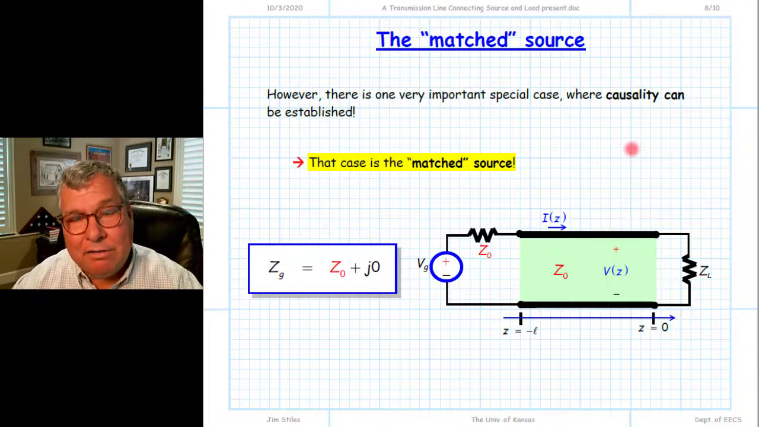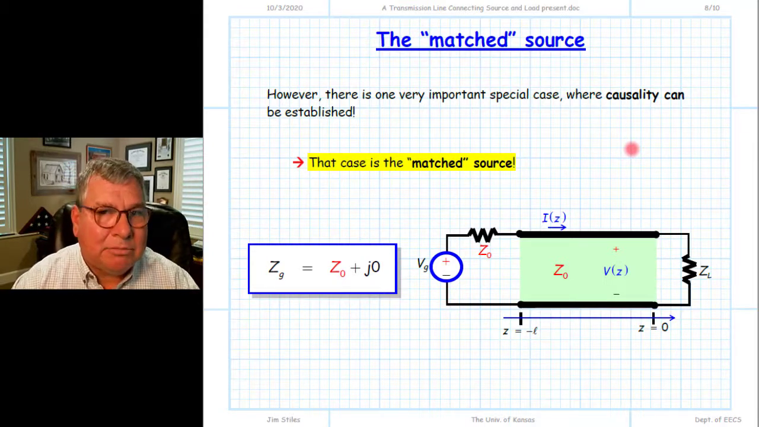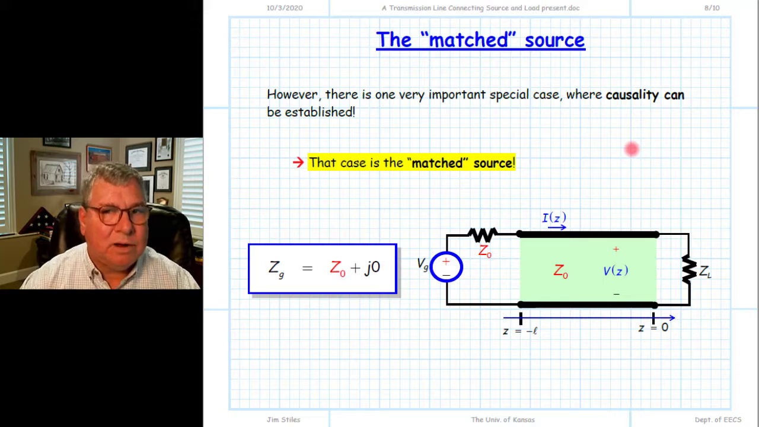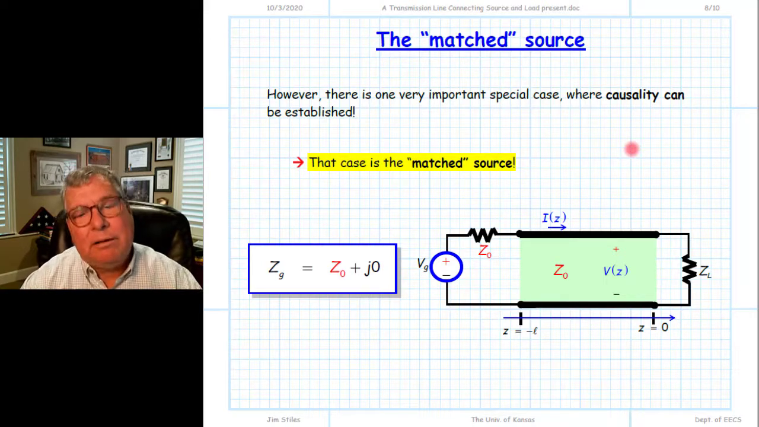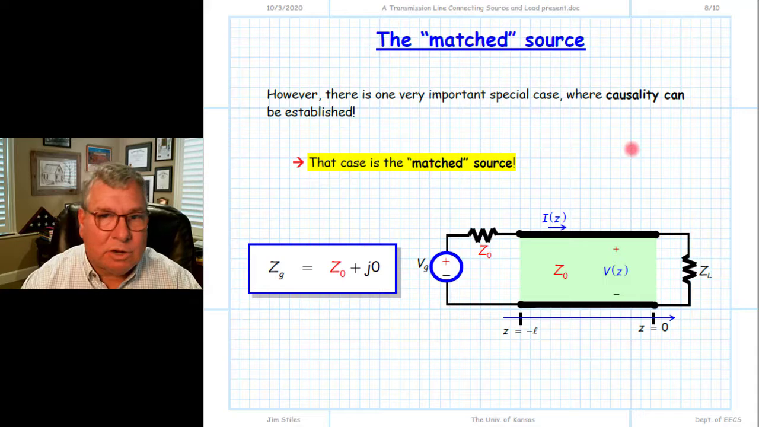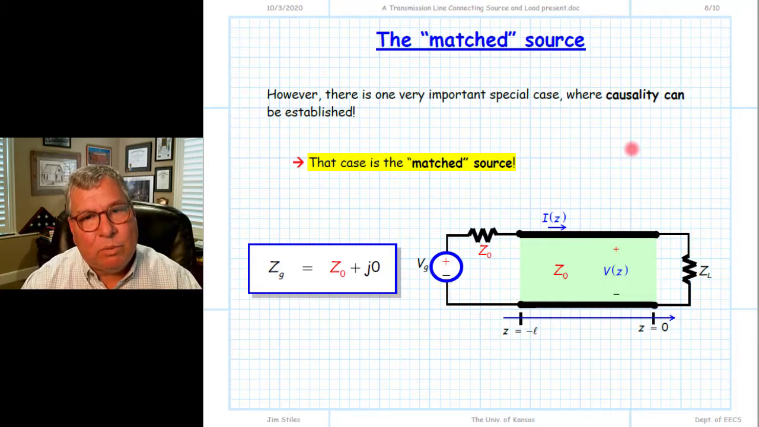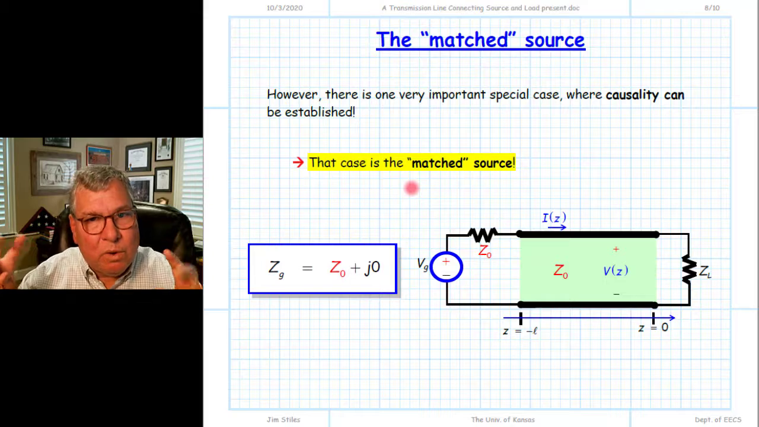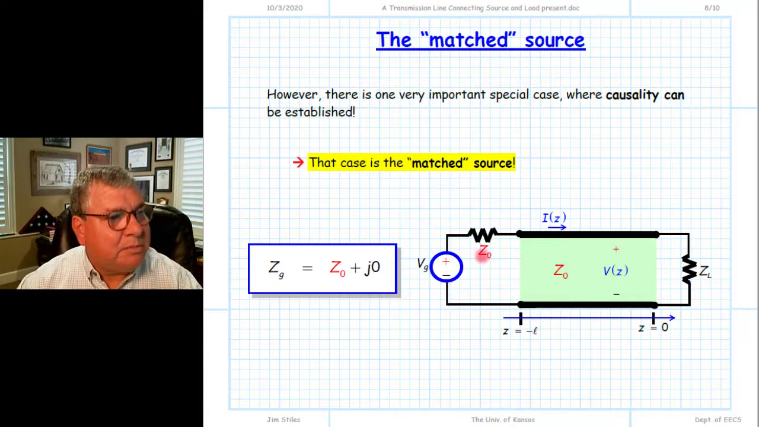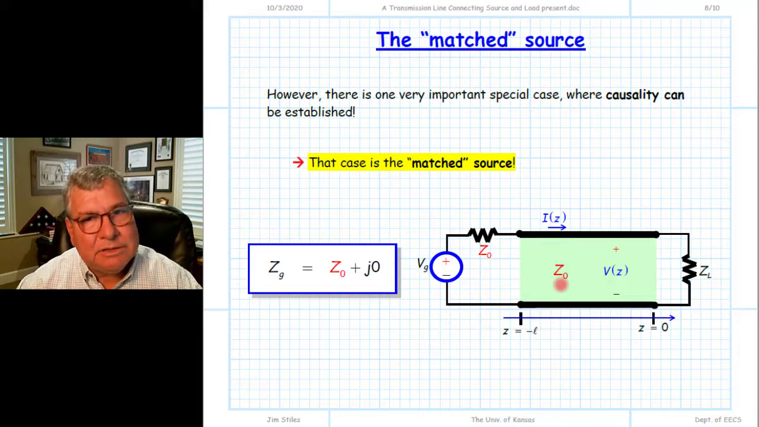Now, having said all that about how we can't establish causality, the source does not create the plus going wave any more than the load creates the plus going wave. We can establish causality, though, for one special case. And of course, we've seen this case before. This is the case of the quote-unquote matched source, where the source impedance is numerically equal to the characteristic impedance